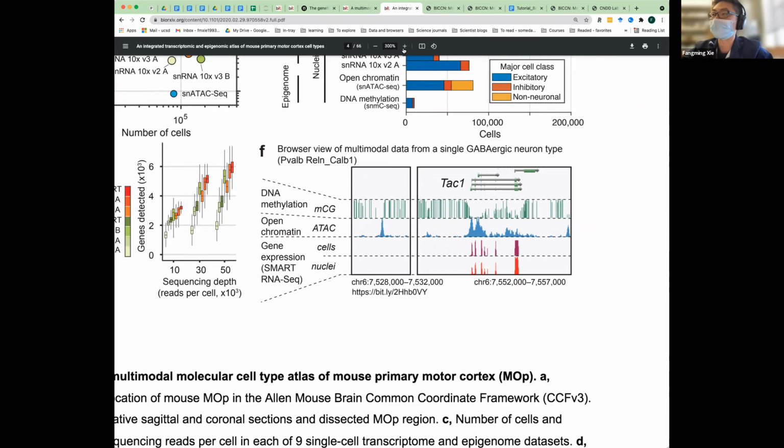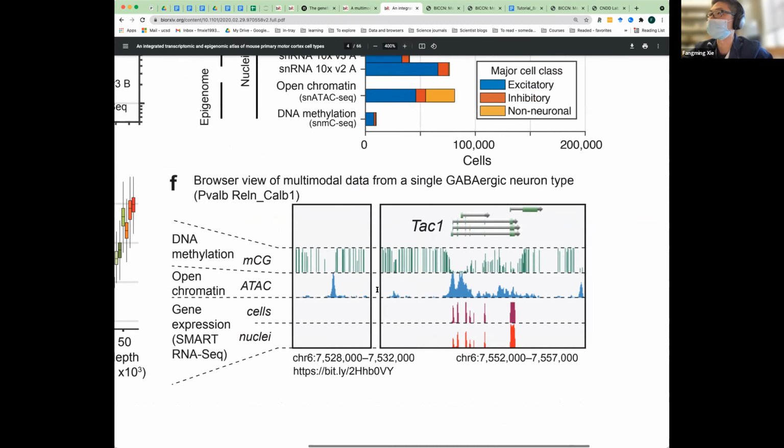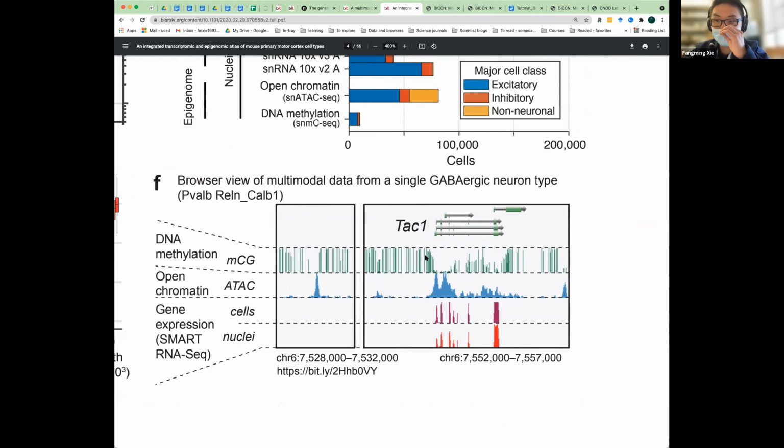Some of you may already be familiar with a genome browser, and some of you may not. Let me just briefly explain what they are, and if you have more questions, I will be happy to answer.